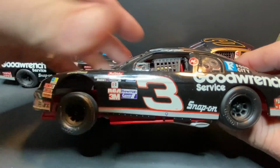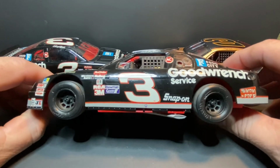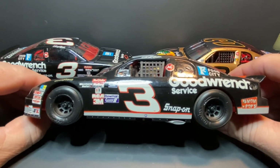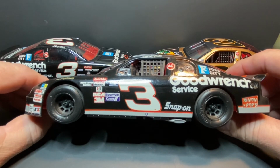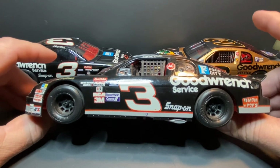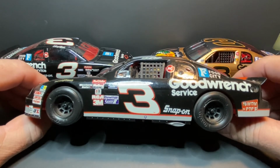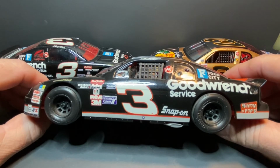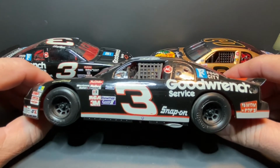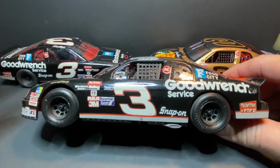I'm going to try keeping the other side not visible for a minute, but I call this car Split Decisions. This car has been pictured in Scale Auto Yearly Magazine, I think it is. Not within the last couple of years, I believe. But the other side, I'm going to take it out of frame a minute, and I'm going to bring it right back down,